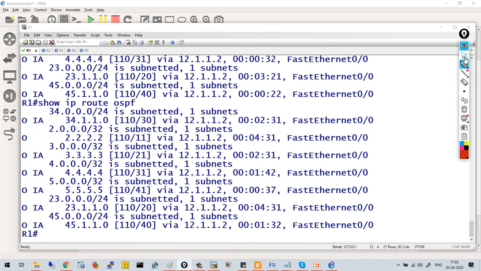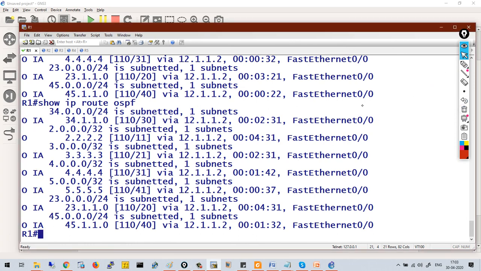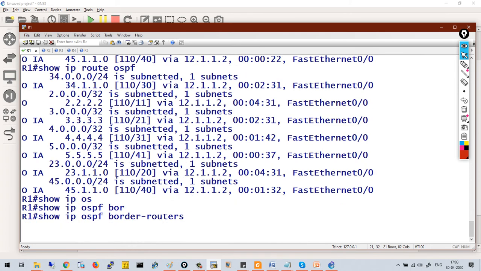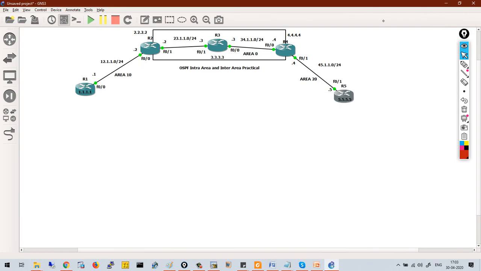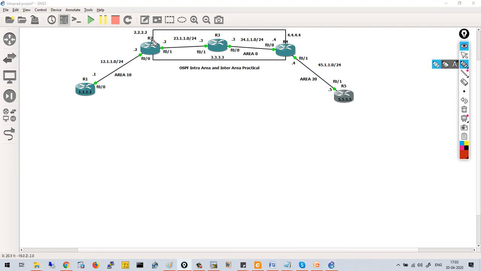If you want to check on R1 who is the ABR, you can run the command show ip ospf border-routers. So we can see 2.2.2.2 is an ABR, and this is my cost to reach the ABR. Let me tell you the concept of cost also. For example, R2 is the ABR, so let's move to R2.